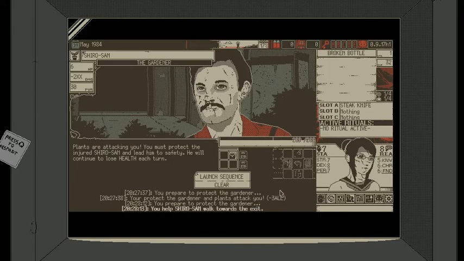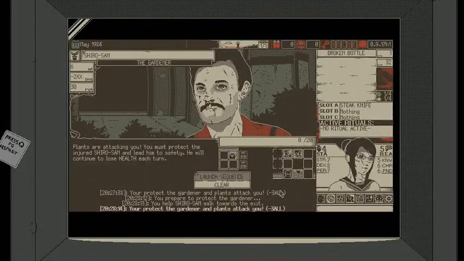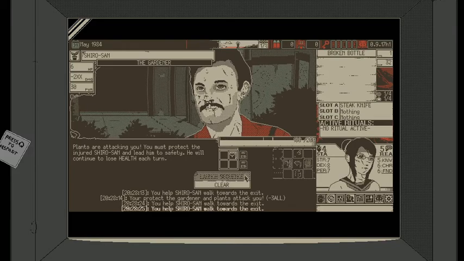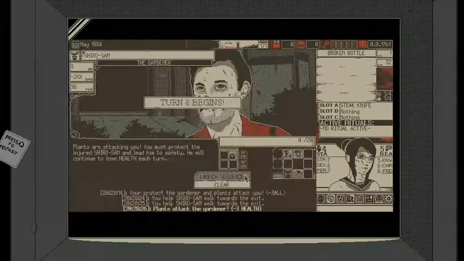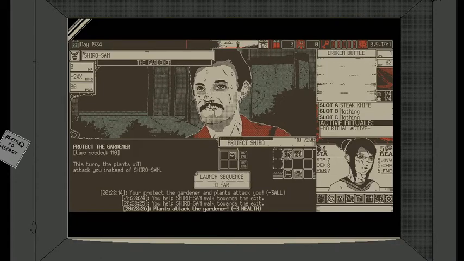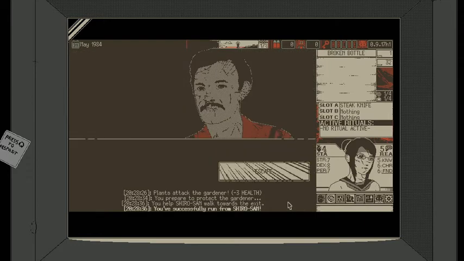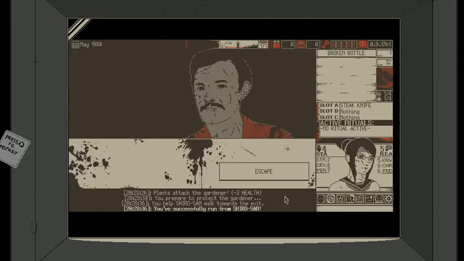I wonder how many times I have to do this. Yeah, I thought it said 3 at the beginning, and you've done it more than 3. We're about to die. He can't be hit again or he'll die. Okay. You've successfully run from Shiro-san? What? Yeah, I don't...